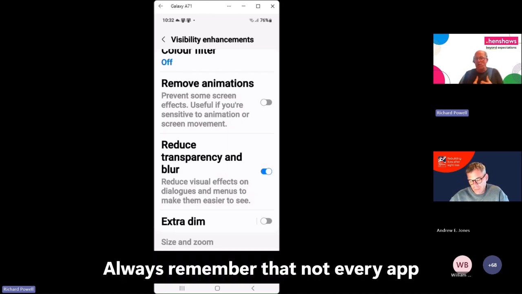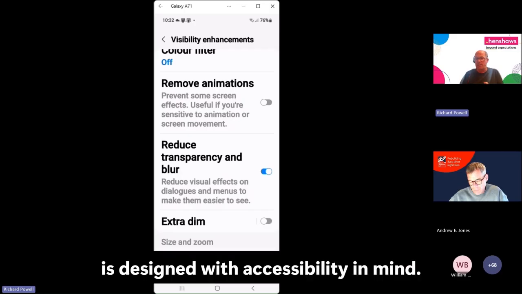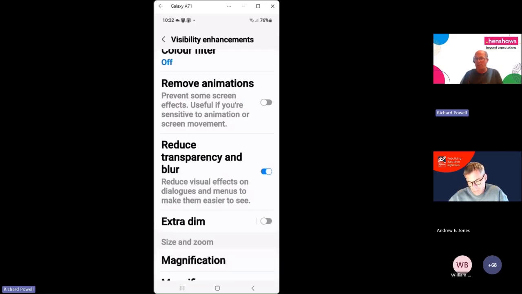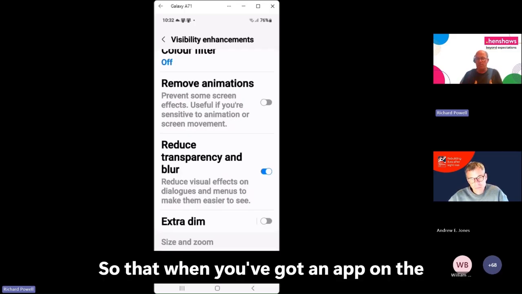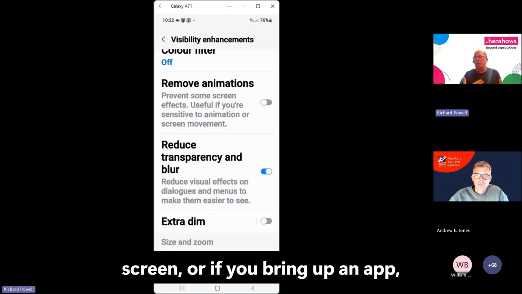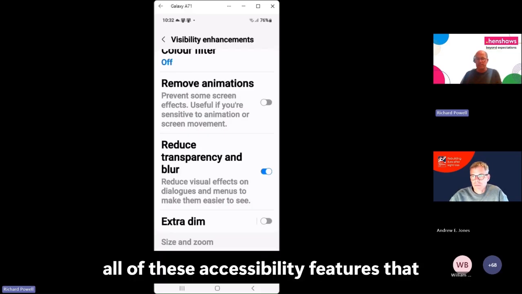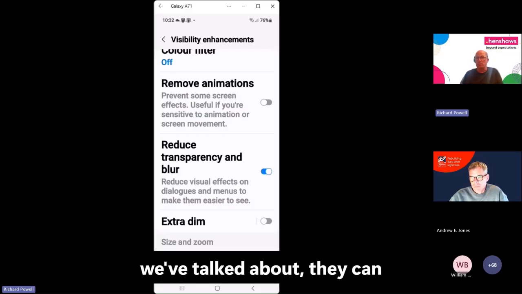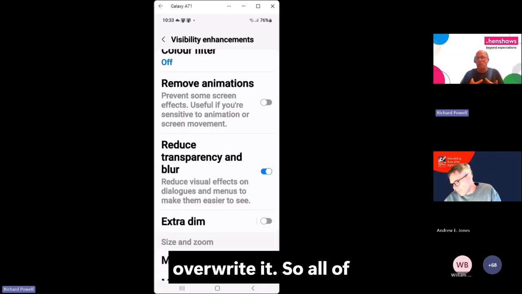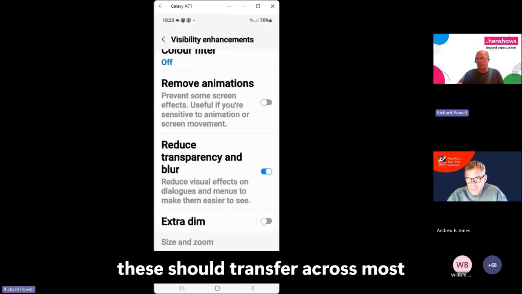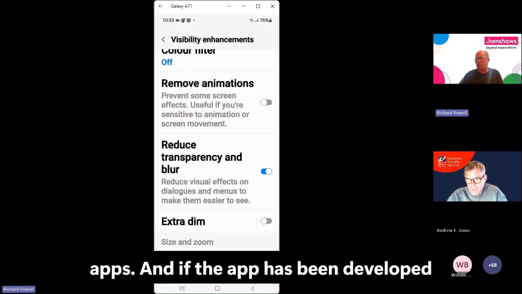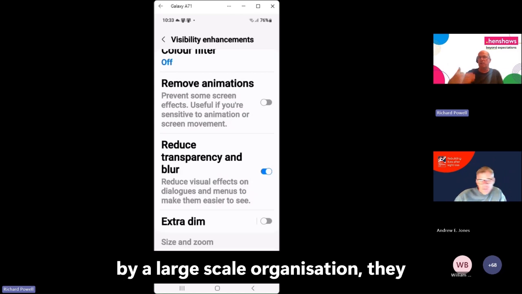Always remember that not every app is designed with accessibility in mind. When you bring up an app, all of these accessibility features that we've talked about, the app developer can overwrite them. All of these should transfer across most apps, and if the app has been developed by a large-scale organization, they should be